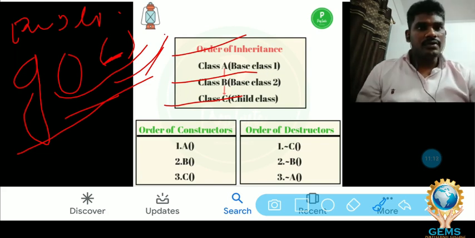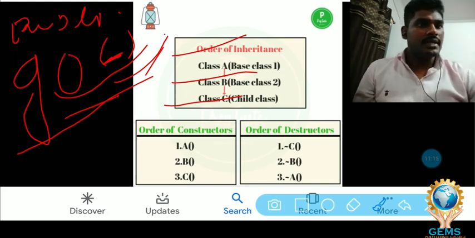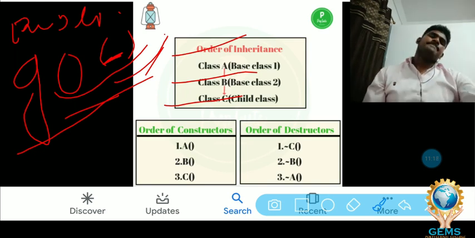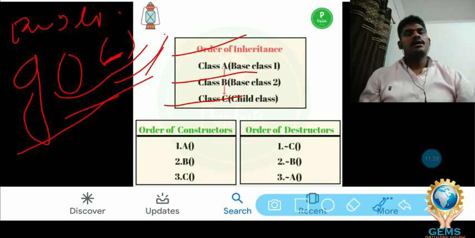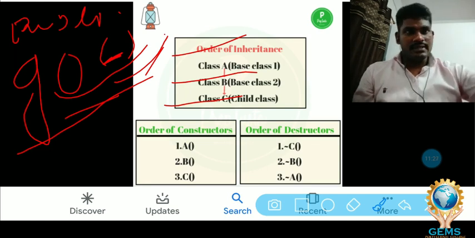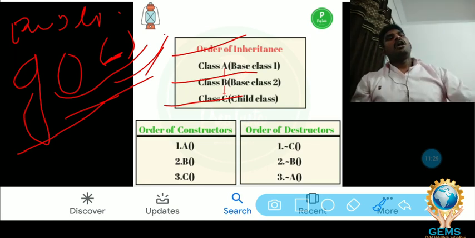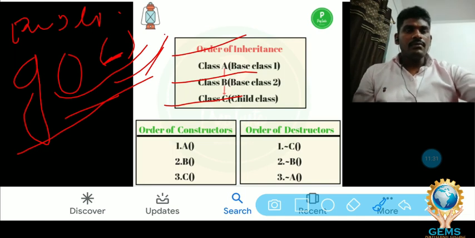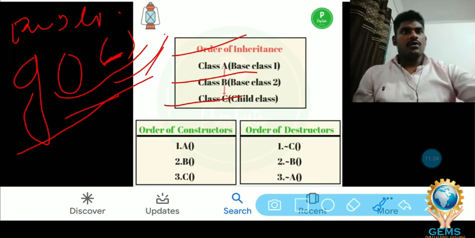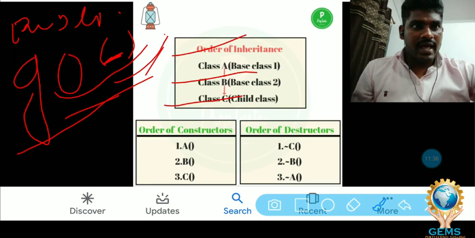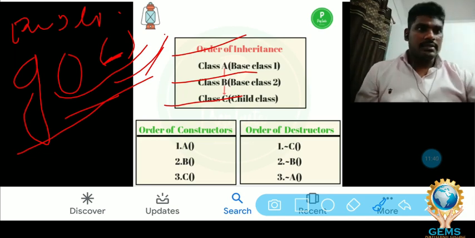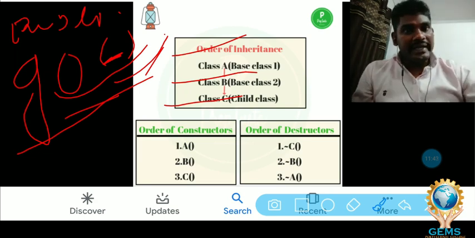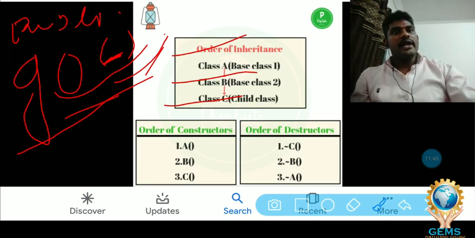The base class constructor is going to execute first. Why? Because all the base class constructors are going to enter the derived class. I want to tell it one more time: all the base class constructors enter the derived class.